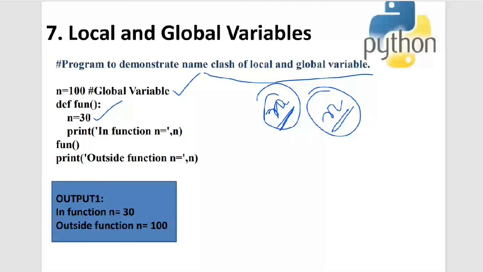So you need to be very sure which value you want to access. When you call a variable, it means that you want the value associated with the variable, right? So you need to be very careful when there is a name conflict. You need to be careful which value you want, because whenever you have this name conflict and you try to access n inside the function, the local variable only comes. So if you want to access the global variable with the same name inside the function, I'll show you what you have to do.